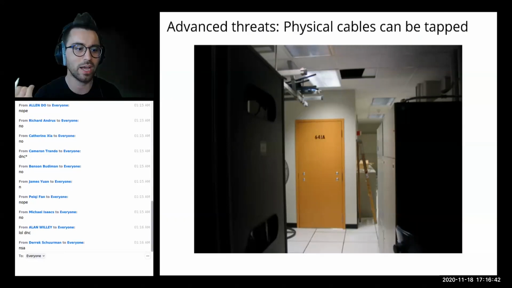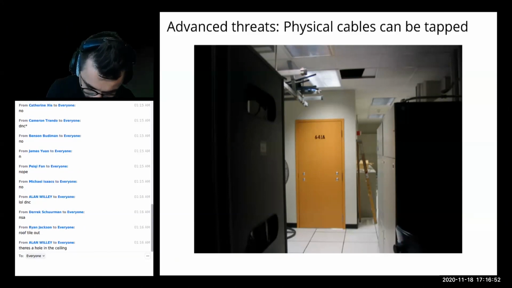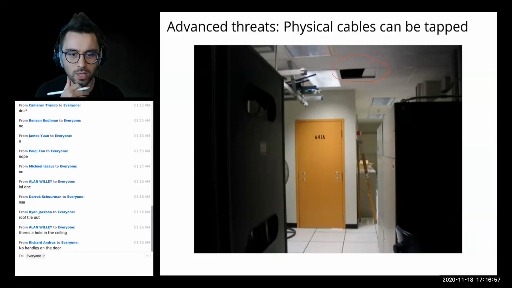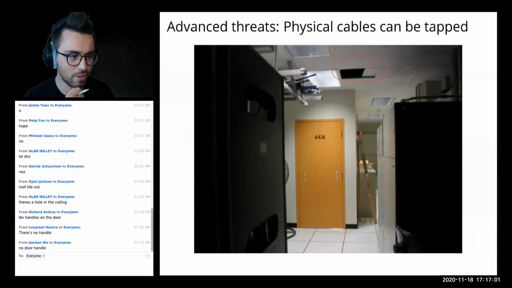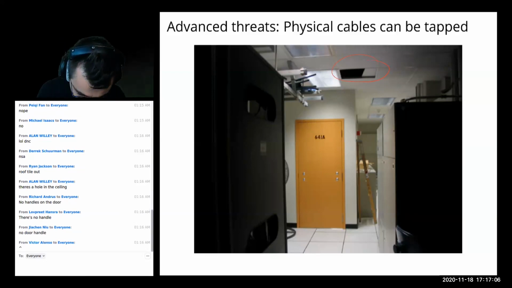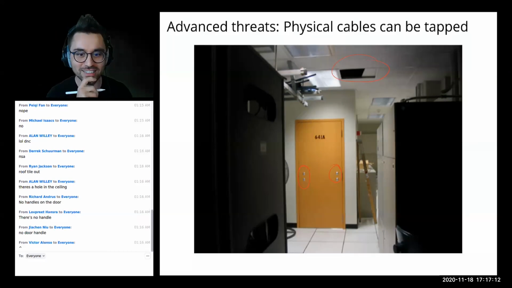Right. So what's weird about this photo? Is there anything weird, in particular, about the door? Okay, so the roof tile's out. Yes. This is a little weird, but not super weird. When this is in a data center and you're running cables, it's not too weird to have tiles off. Yeah, right. The really weird bit is that these aren't door handles. You can't get into this room. So what the hell is happening in this room?